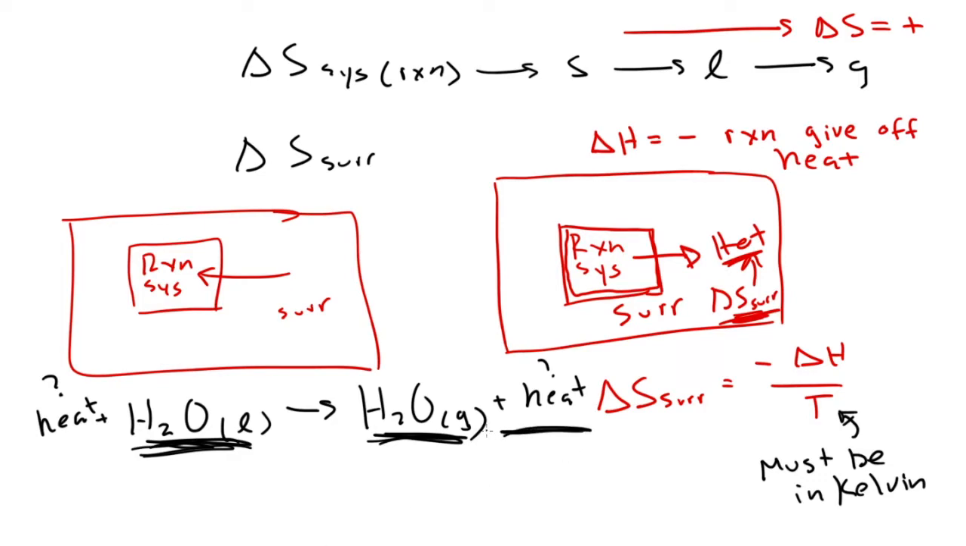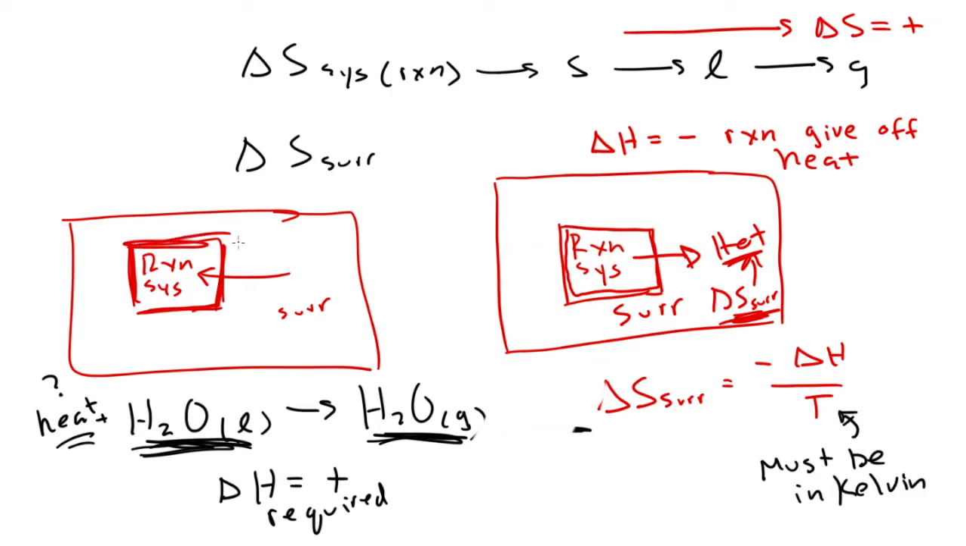Well, no. What you probably know is you take your pot of water, you add heat to it, and then you get this gas over here. So if you're going to add heat, it means that delta H will be positive. Delta H is the amount of heat required. So this is the heat that's going to be required to do this. And so if this reaction right here requires heat,